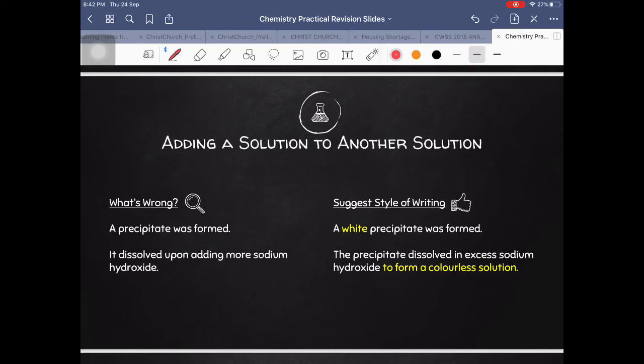Okay, the first point, a precipitate was formed. Clearly the student did not write the color of the precipitate. And it dissolves upon adding more sodium hydroxide, but did not say to form a